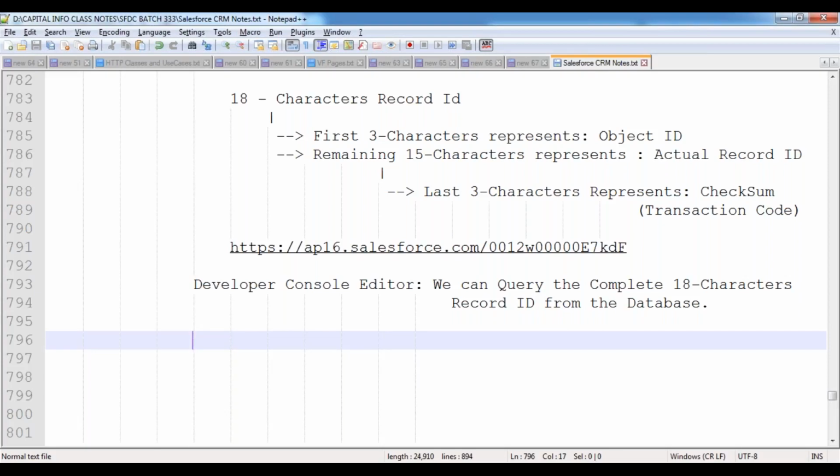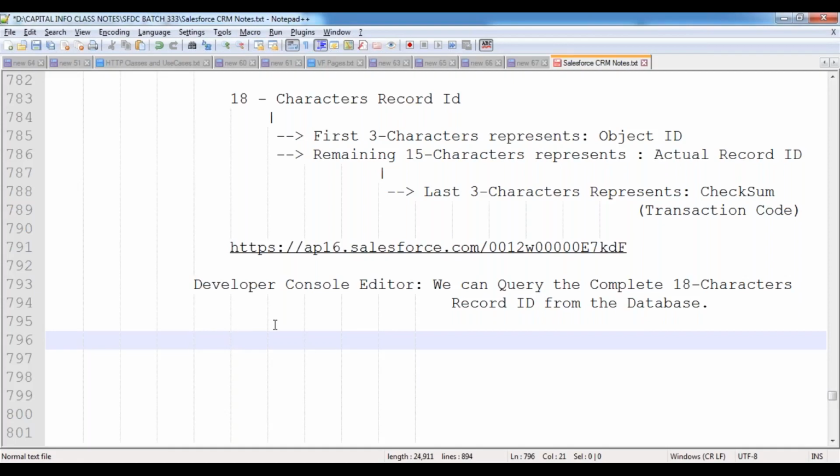The complete 18-character ID will not be visible inside the URL because of security reasons. If you want to see the complete 18-character ID, we are going to use the developer console editor. How can we use it?